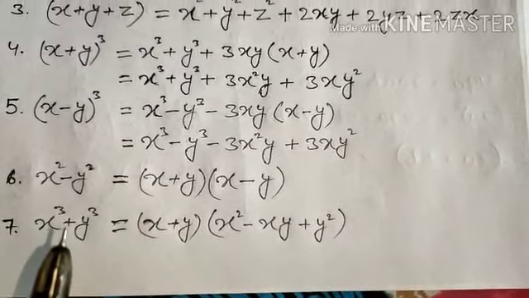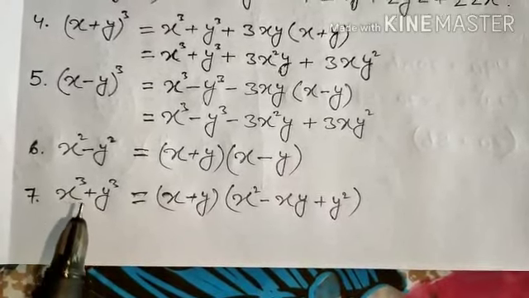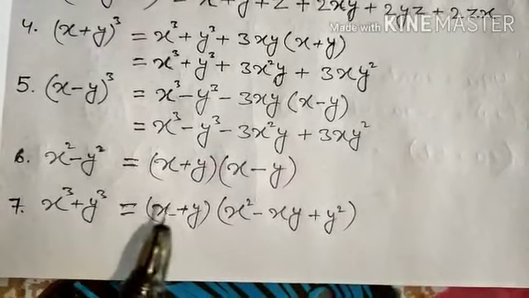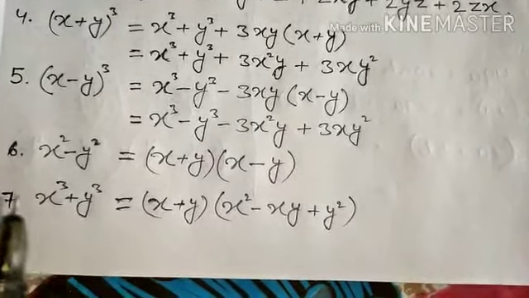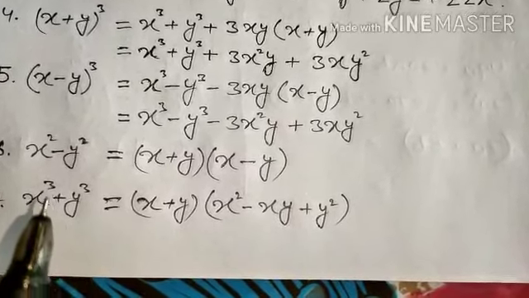This is given in your NCERT questions. When we start solving the problems, we will see lots of problems, and among them one problem like this also. So see the pattern. What is the pattern? x cube plus y cube: first of all, you will write in bracket x plus y. x cube plus y cube, (x + y). x cube minus y cube, (x - y). Keep this in mind.